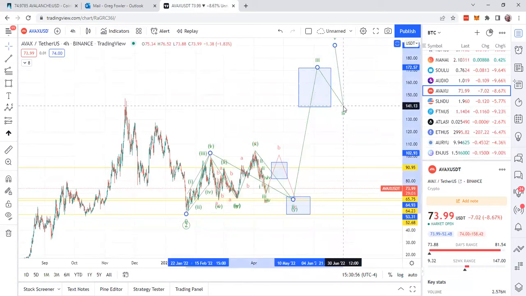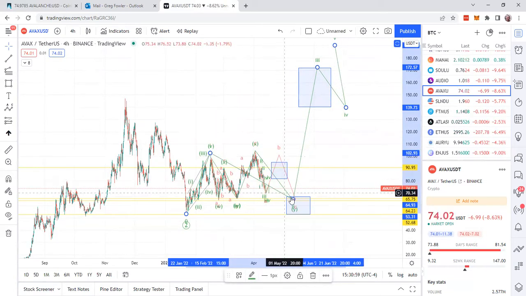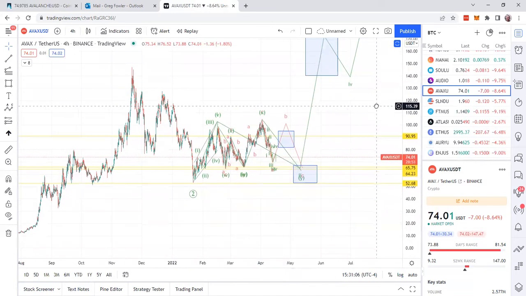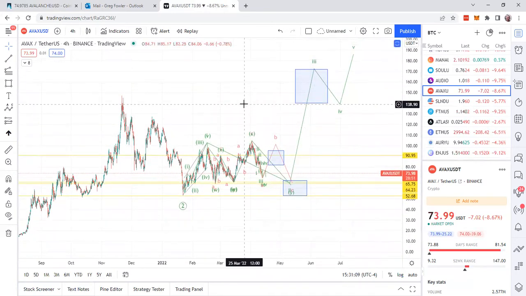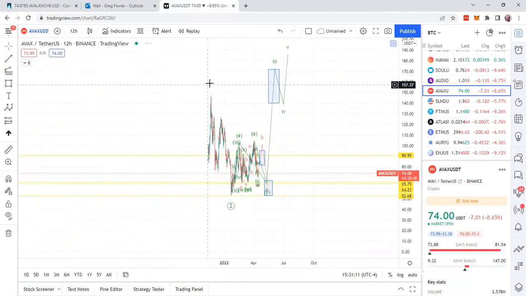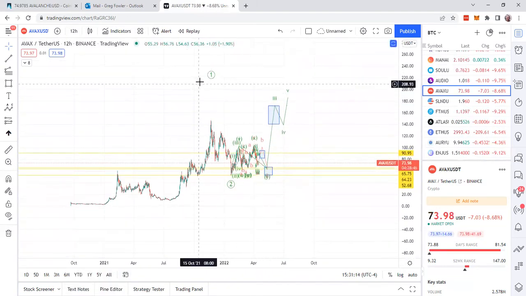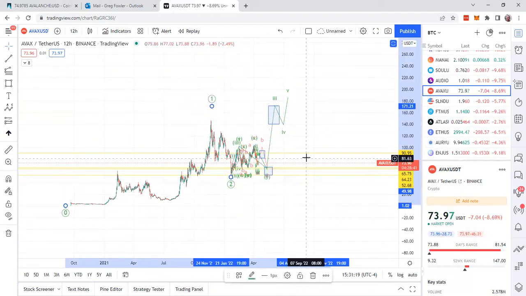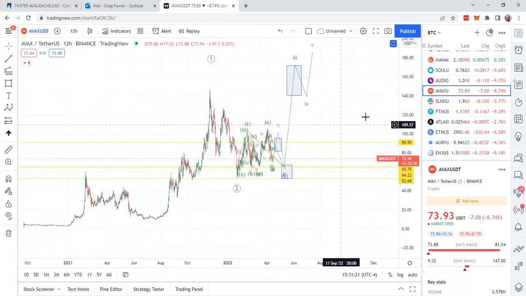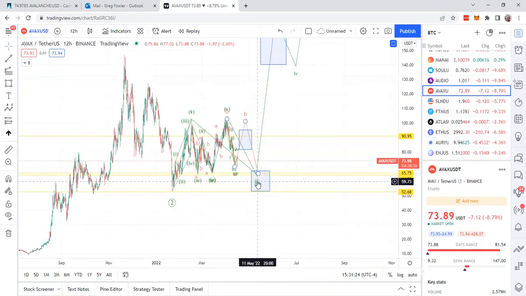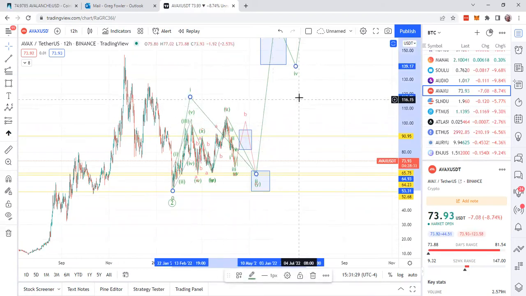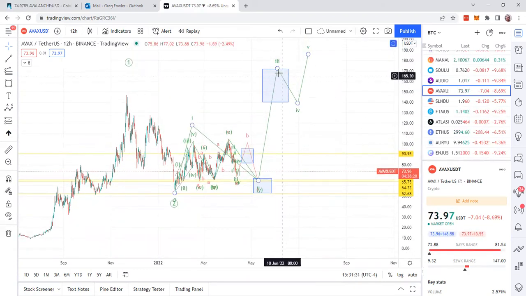This could be a good retrace, just look at this wave. You just don't know though. And then that 5th wave will go up, maybe start getting near 200, something like that. But yeah, guys, it looks good. Now, the other thing that's good about AVAX is that it's in a very bullish sequence. So here's this 1, 2, and it's completed. It's going to complete, in my opinion, another 1, 2, right here, a 1, and then up for the 2.